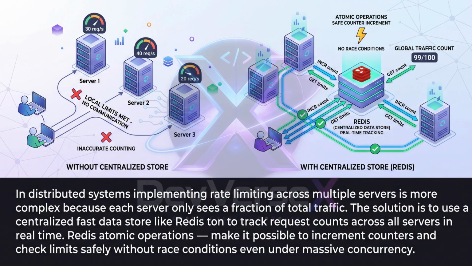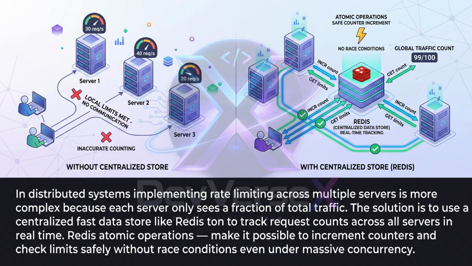In distributed systems, implementing rate limiting across multiple servers is more complex because each server only sees a fraction of total traffic. The solution is to use a centralized fast data store like Redis to track request counts across all servers in real time. Redis atomic operations make it possible to increment counters and check limits safely without race conditions,